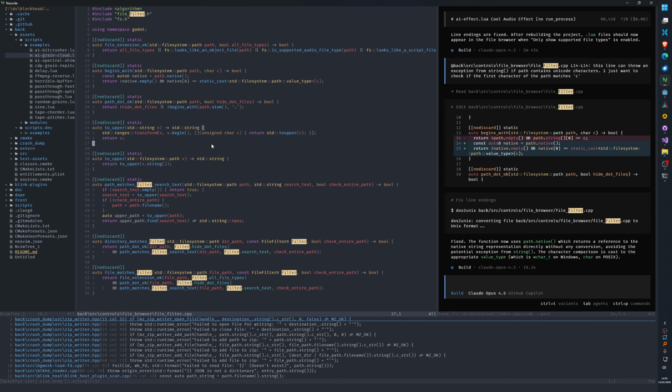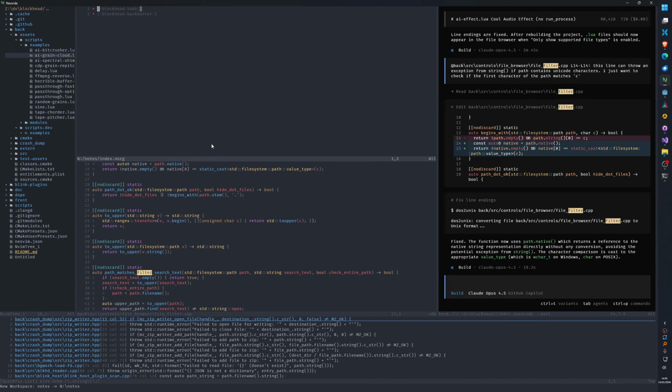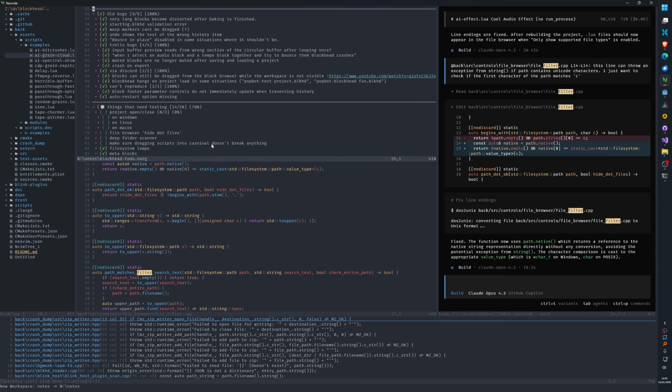Okay, this needs to be tested. Things that need testing: Unicode characters everywhere, in project file names, in sample names, import, export.